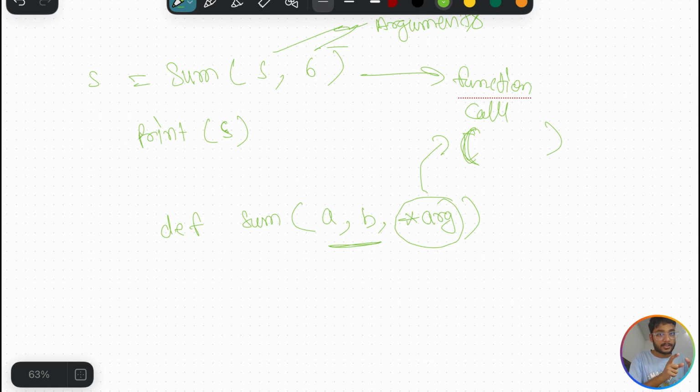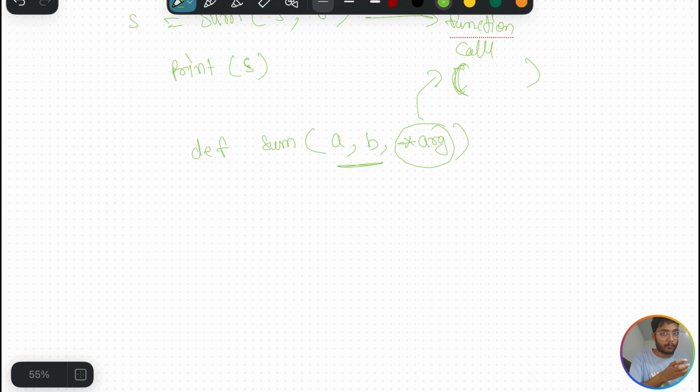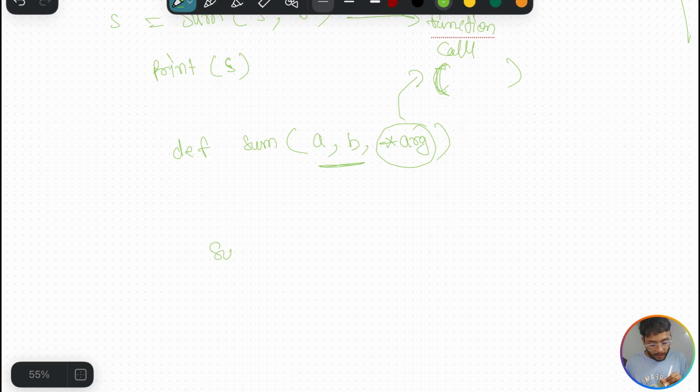So like suppose you passed something, args will hold all the values as a single data type. And if there are more than one value and all are a similar type of something, then it will be a list. So suppose you are calling, let's say, sum(5, 6, 10, 11, 4). Now you will say, okay, a will be 5, b will be 6. What about 10, 11, 4? These are all going to be considered as args. Now if you print args,